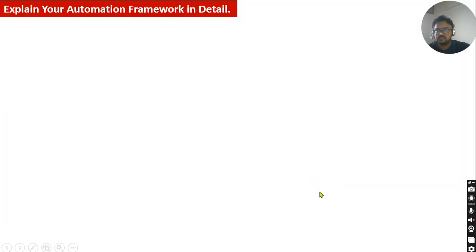Explain your automation framework in detail. This is one of the crucial questions, and I have already created one video on something similar, explaining the key components of the automation framework. But over here, we will see how it affects the overall folder structure and the process of automation. We will go deeper into the folder structure, how it will look for any